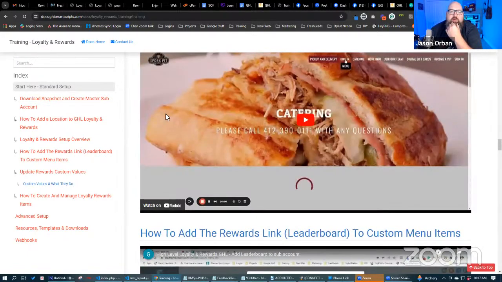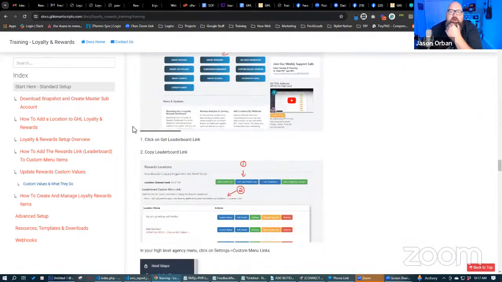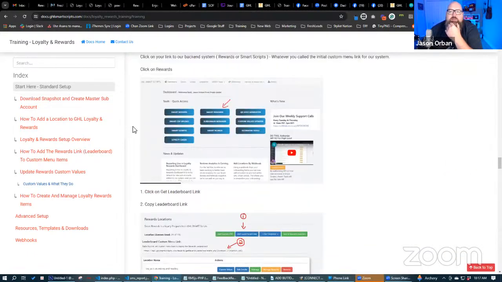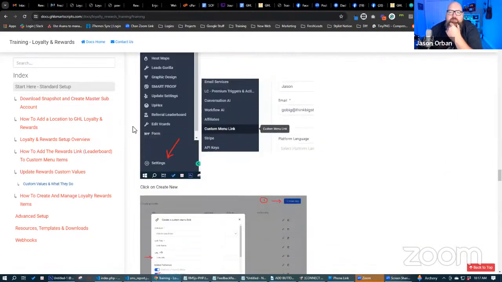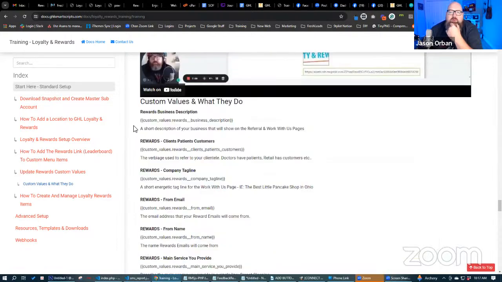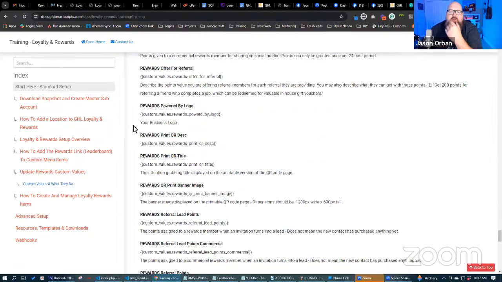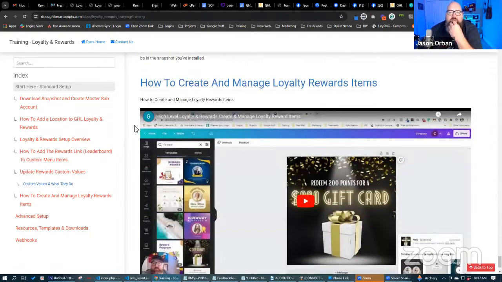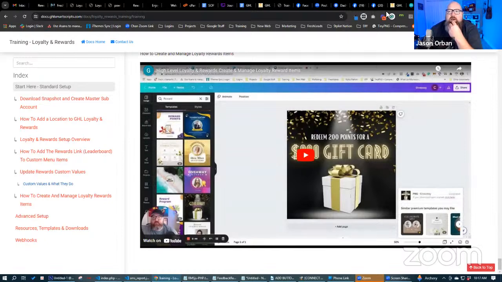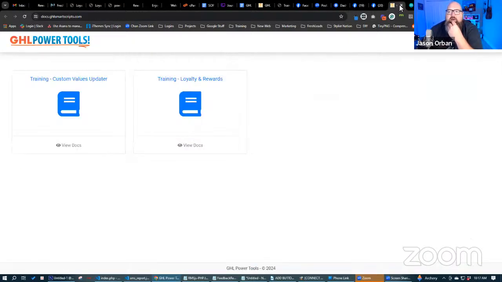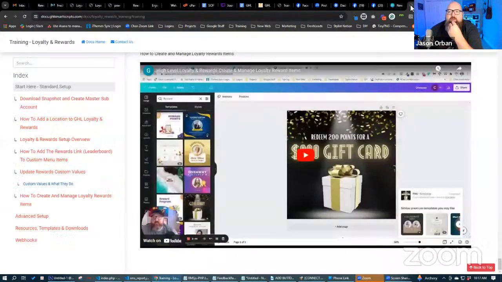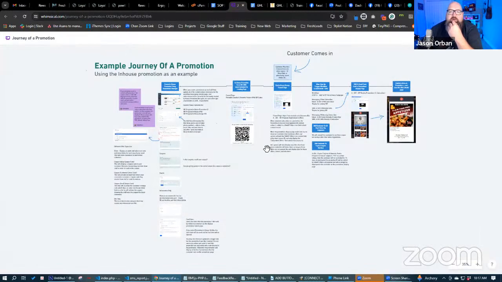We have a couple restaurant workflows here too, but because the systems are very similar, there's just a few different things. We're putting custom values in here too. So I understand 100% that the documentation could be better inside of here. This is an example of a promotion, but I also have